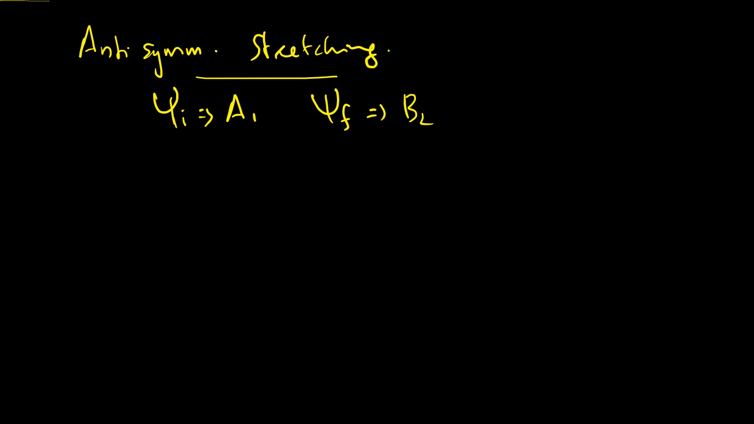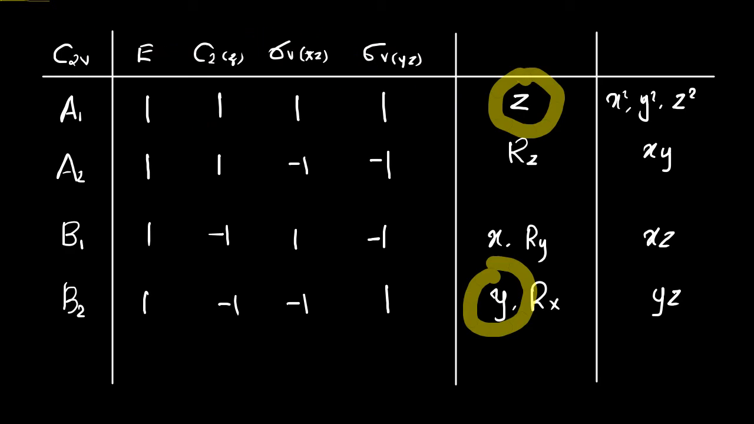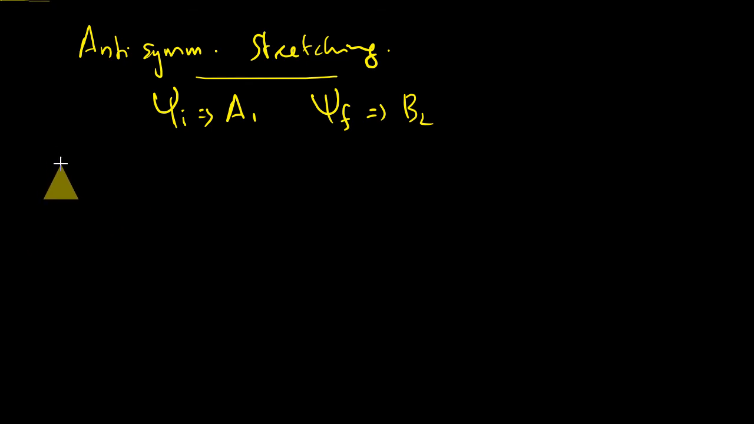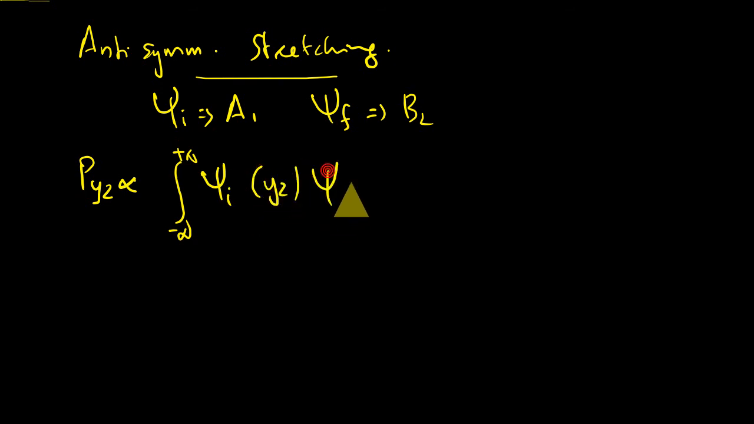So let me look at the character table itself. Before evaluating all the 6 integrals, let me look at the character table. This is B2 symmetry. In the B2 symmetry, you can see a binary product that is YZ. So let me evaluate the integral PYZ. PYZ is proportional to the integral from minus infinity to plus infinity of psi I YZ psi f d